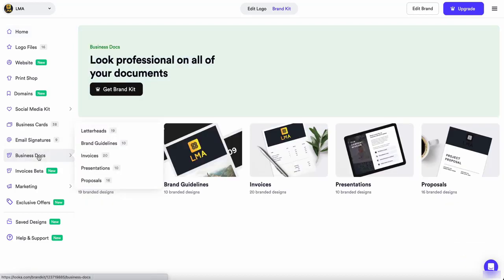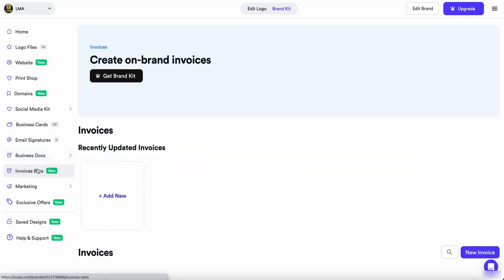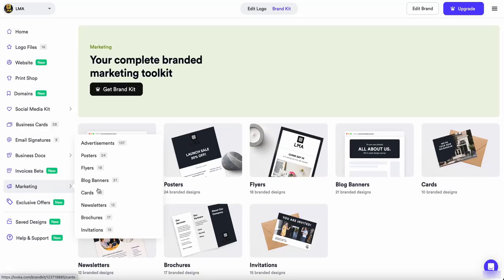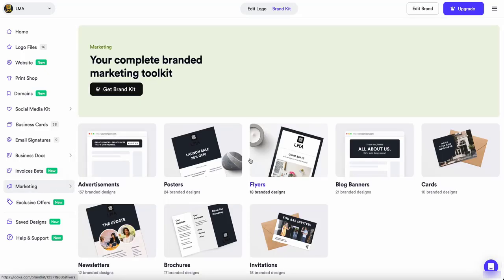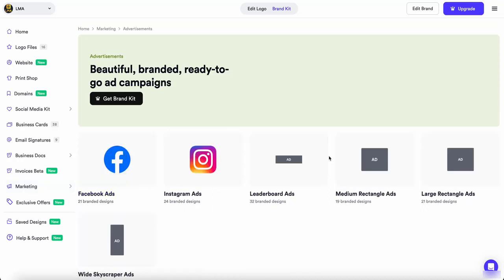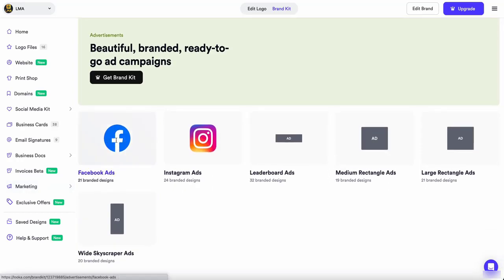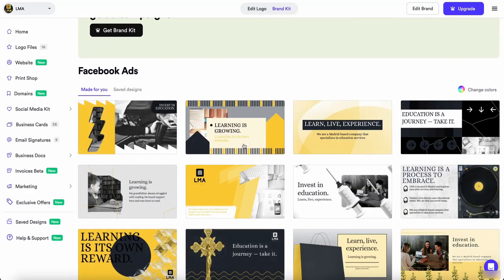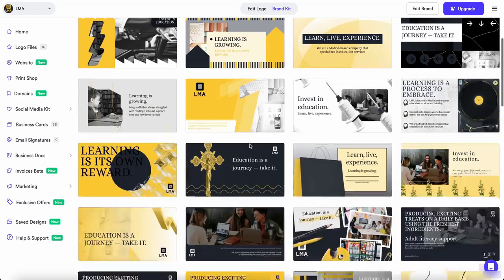And then basically, as you can see, you get everything ready. It's incredible that you get even things for marketing. It will immediately create some ideas for Facebook ads.